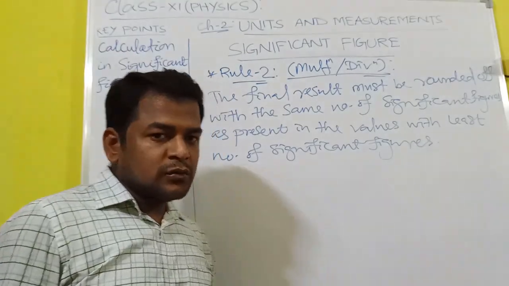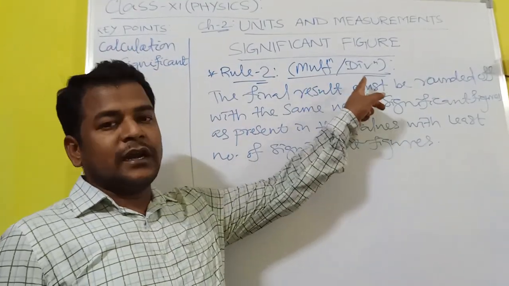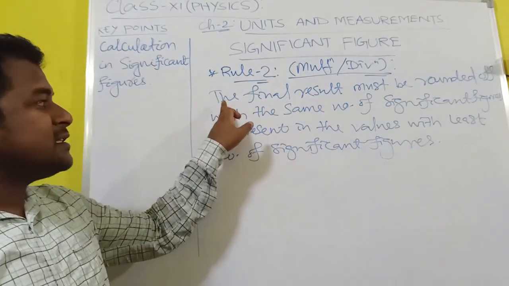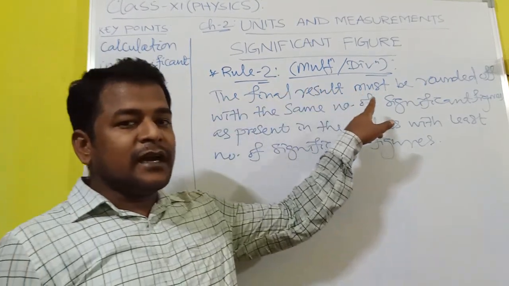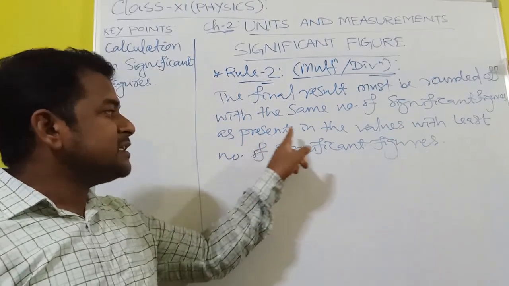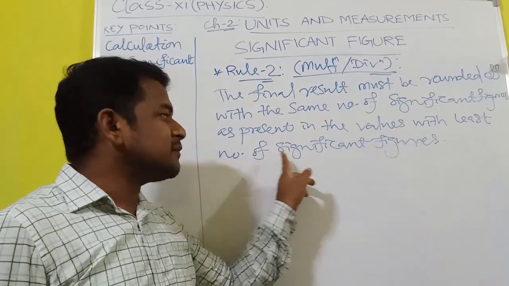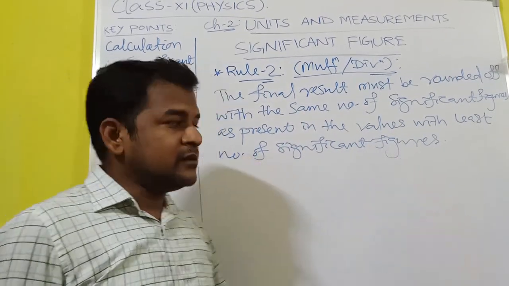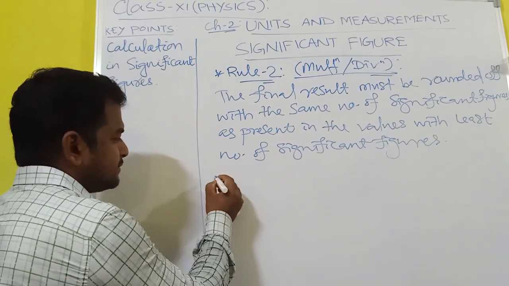Rule number 2 is applicable for multiplication and division. It states that the final result must be rounded off to the same number of significant figures as present in the values with least number of significant figures. Example,